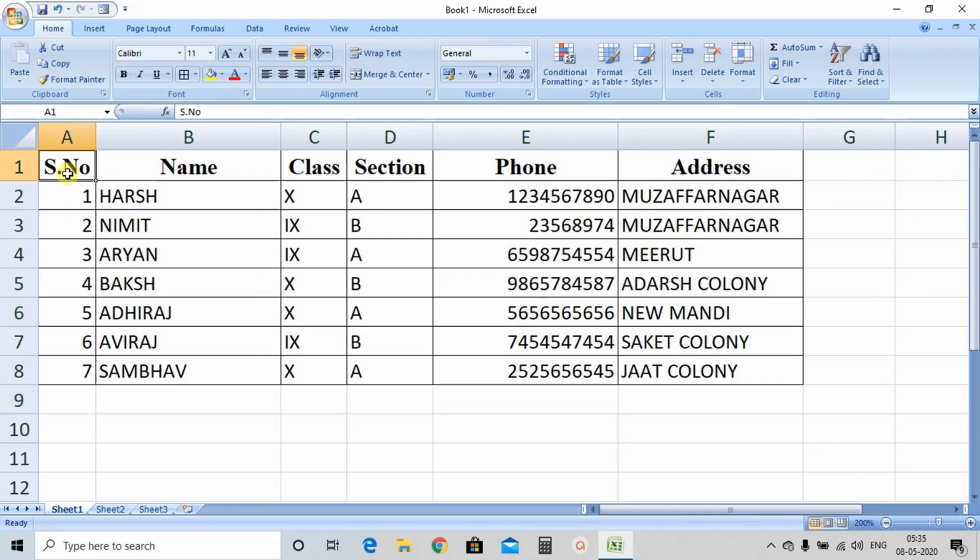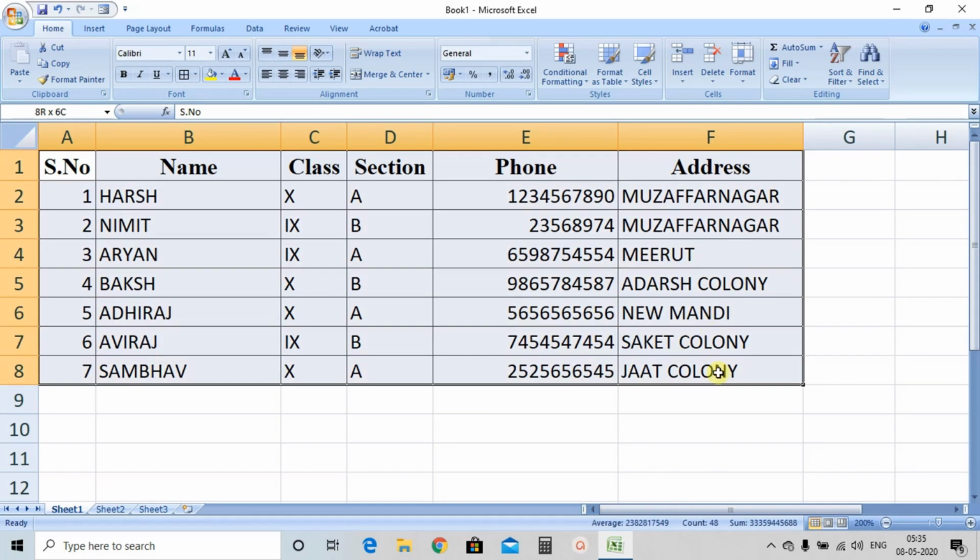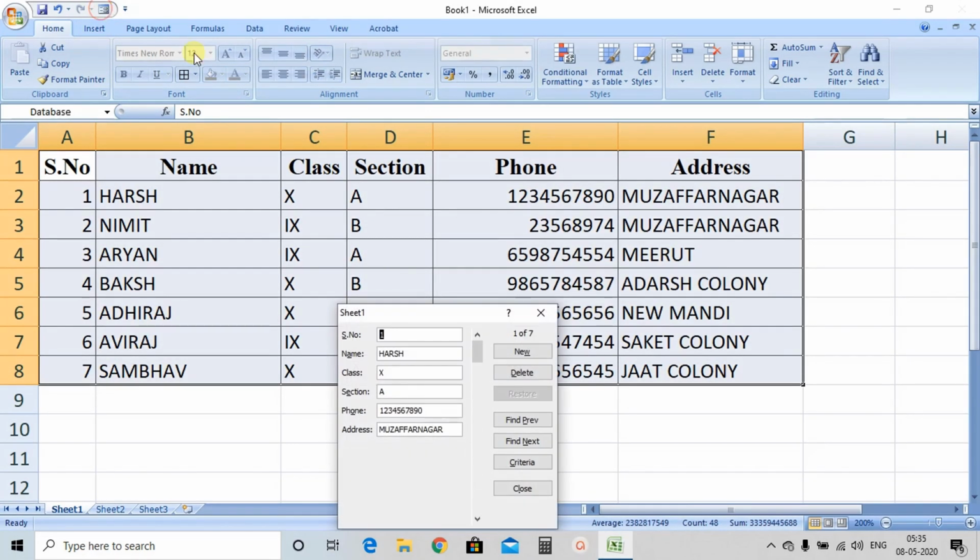Now suppose you want to search a particular record, so what you need to do, just click here, select all the data, go to this form and find criteria. Click on the criteria button, okay, and then suppose I want all the record with the name Sambhav, enter. After writing the name, you press the enter key.